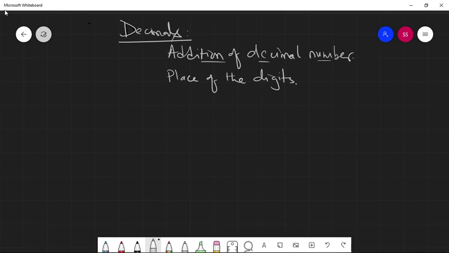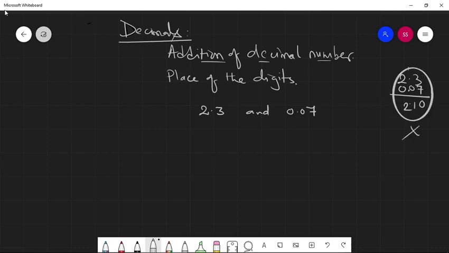For example, suppose 2.3 and 0.07, we have to add this. If we are not considering the place, then we will get the wrong answer. Maybe 2.3 and you may put 7 under the 3, then 7 plus 3 is 10, carry over 1, and 2 plus 1. In this way you may add, but that is a blunder. So you have to consider the place value, not just the position of the digits, and the solution is,